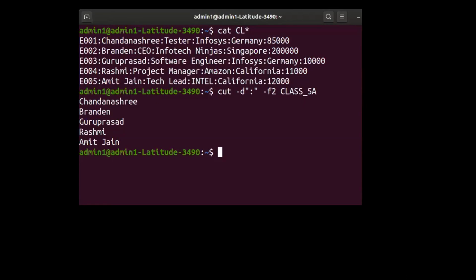Will I get it through cat, head or tail? You won't get it, correct? You won't get it because they are commands which cut your file horizontally. But the cut command will cut your file vertically. Got it?